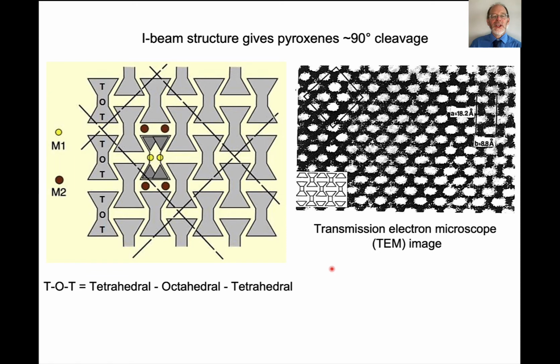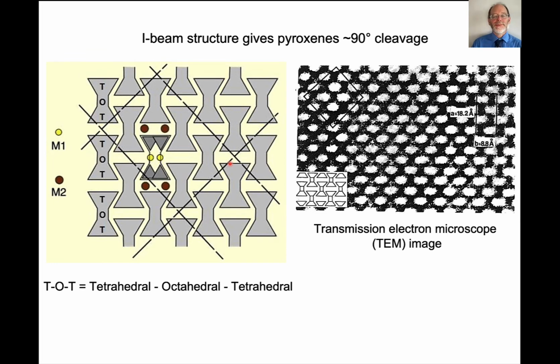Here is an image of that I-beam structure. So here are the silica tetrahedral chains. This is the intervening octahedral chains. And these are packed together in this kind of an array. So we have a TOT structure that kind of fit together. The weakest link in all of this are these M2 octahedra, which are between the I-beams. And if you link up the centers of these points among the I-beams, these define the cleavages of the pyroxene. And what you see here is that these cleavages are perpendicular to each other, or nearly perpendicular to each other